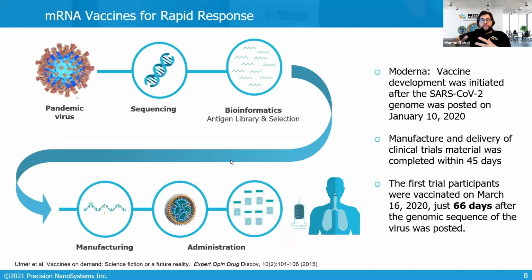But how to get there? So how to get a vaccine into a patient? What are the steps? The first step is to sequence the viral genome. Then with bioinformatics, you have to build up an antigen library and select the antigens of choice. Then you have to manufacture those into an RNA, pack them into your delivery vehicle, which is a lipid nanoparticle in our case, and then you can administer them after manufacturing into your patient. And this seems to be still a complex